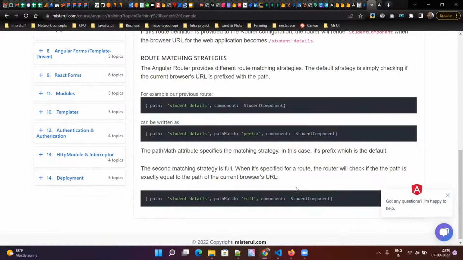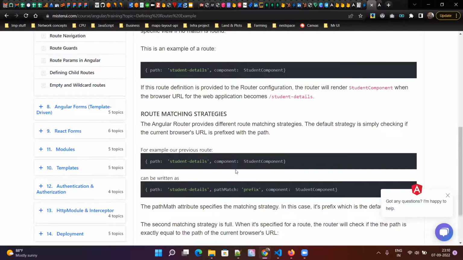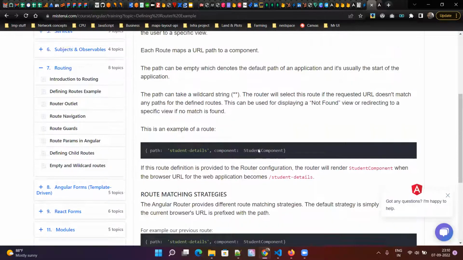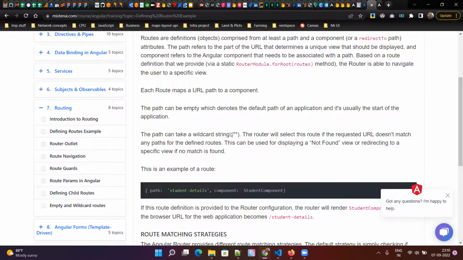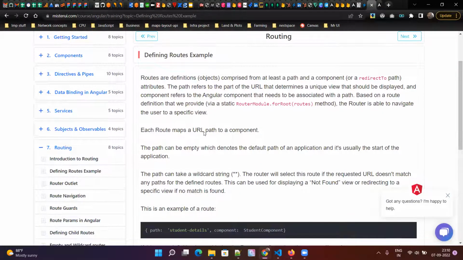Okay. So now there are a couple of other properties here, right? Like the path match, and there are other properties. So going forward, we'll see one by one, like this wildcard string. What is the use of this, right? So all these things we will go one by one. Now,